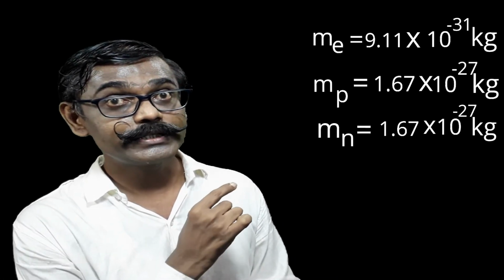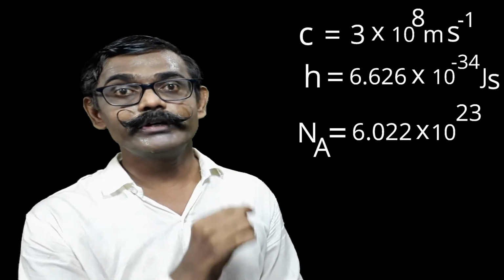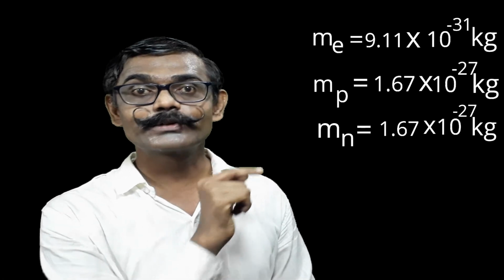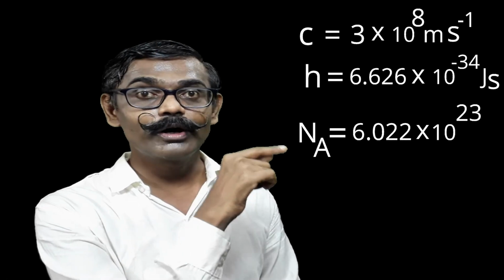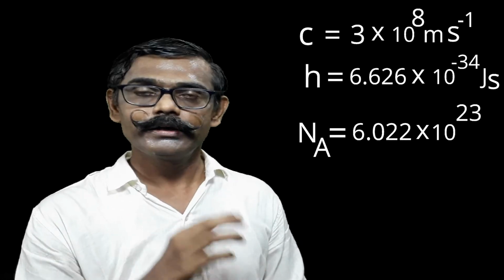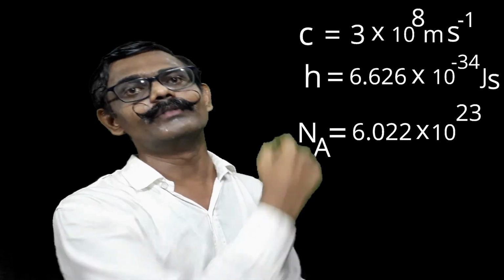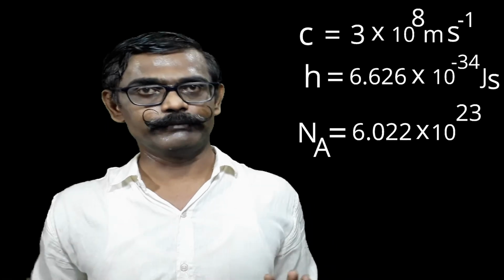See here how we represent. When joule comes, J remains capital. When second comes, we represent s small. When kg comes, k remains small and g also remains small. For meter per second, we represent m small and s also small. There are two ways: meter per second or meter second inverse. The presentation may be different, but the meaning is the same. So you should know these constants. There is no need to learn them by heart; if you practice the examples, you will automatically remember them.